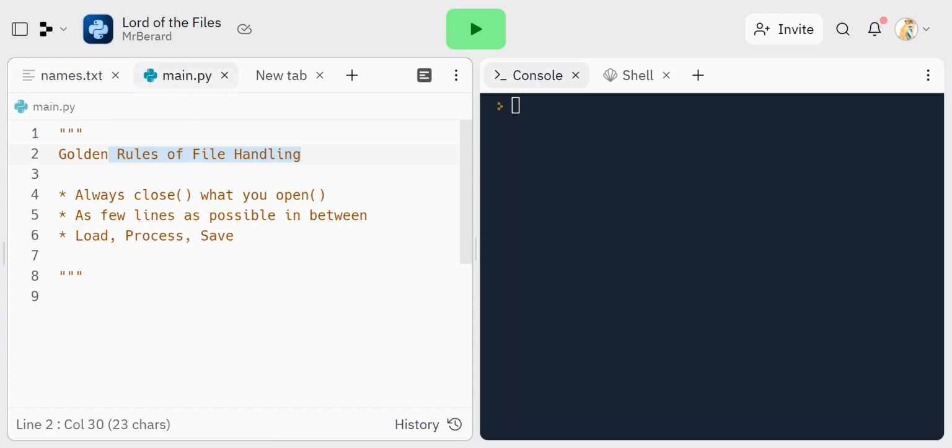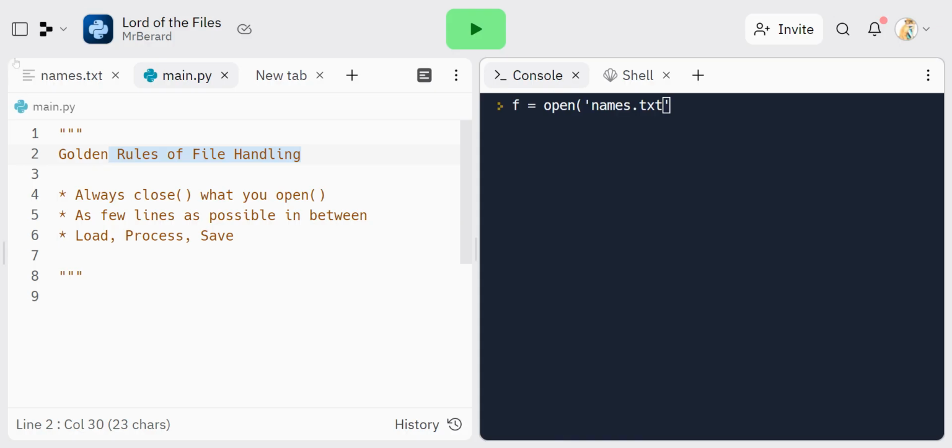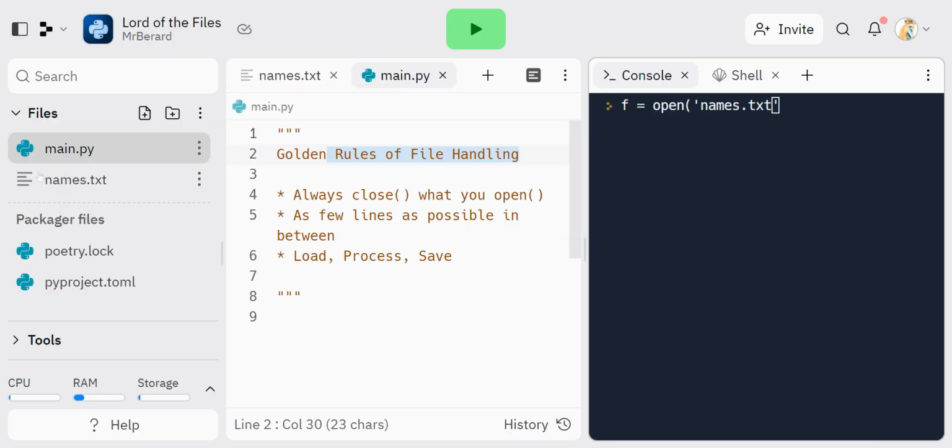I can close this. So in my console, remember the console, you've got everything you want in here, right? You can type Python code, it's brilliant. So I'm going to do f equal open. Now, you hopefully already know that open takes two arguments. The path to the file. So in that instance, that names.txt, because it's right here alongside, I've just reopened that, it lives right alongside